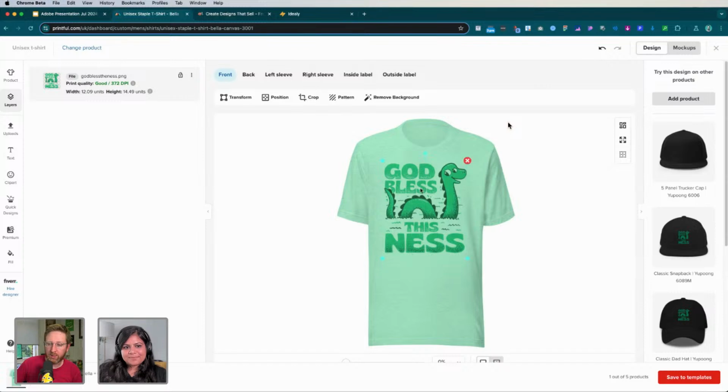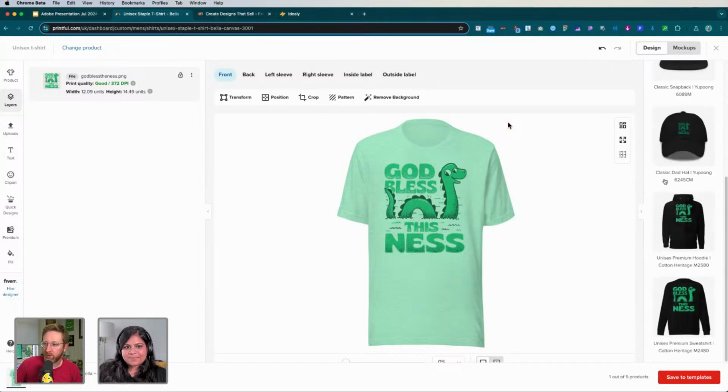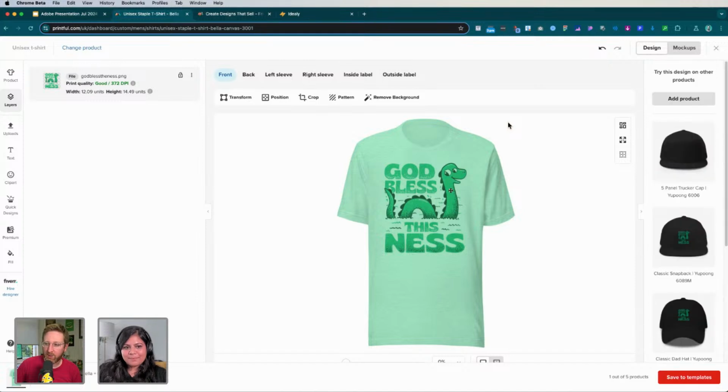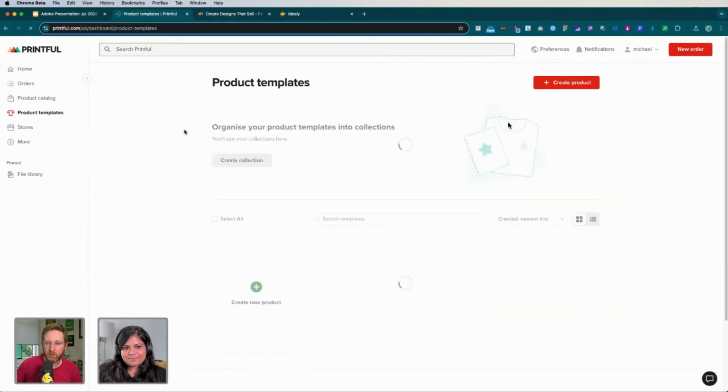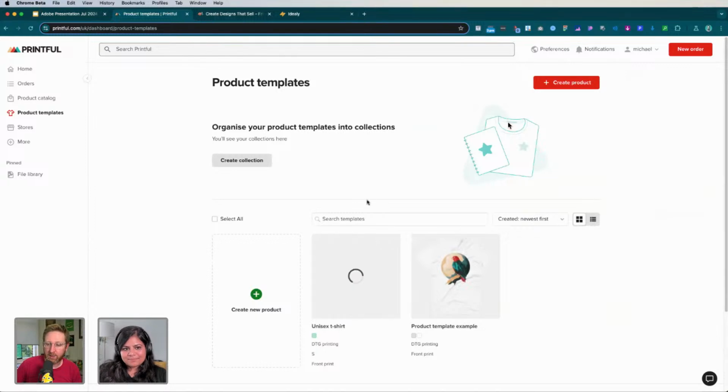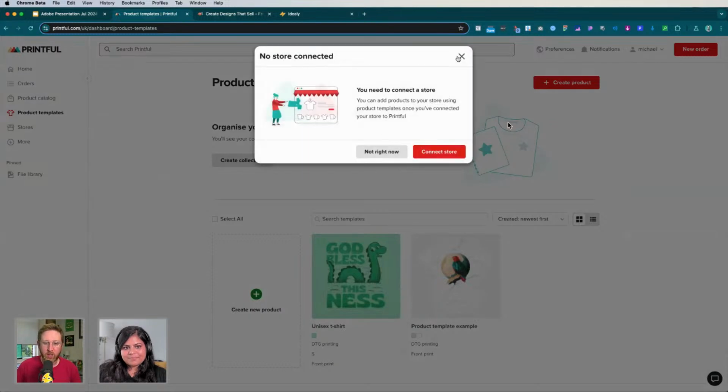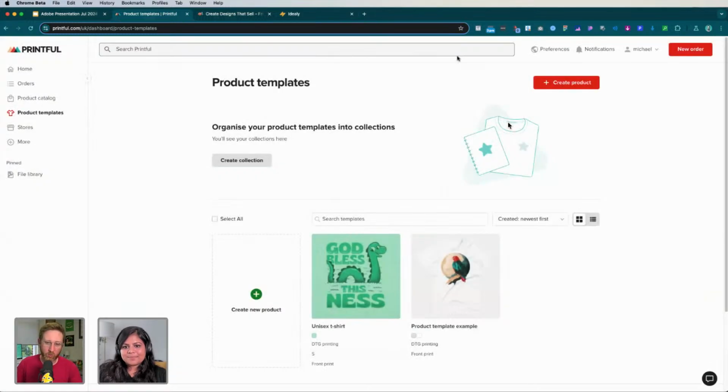And I don't really need to do much positioning wise or anything like that. I can save that product. You can see Printful's already telling me there's other products that it can offer them on down here. So that's the process for saving that product. And then once I've created that product and it's live, I can then push that to my stores. You can see there, add to store. I don't have a store set up here, but I could push that to my Etsy store, to my Shopify store, wherever I'm selling these products from. And I could also do an order and order a sample of that right now as well.